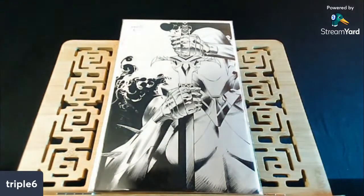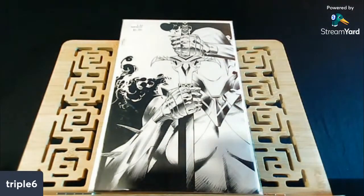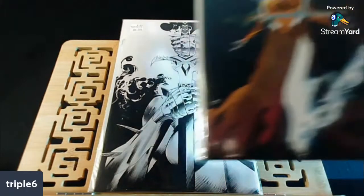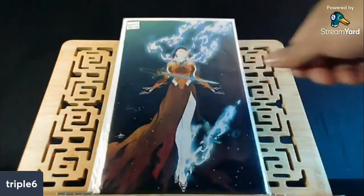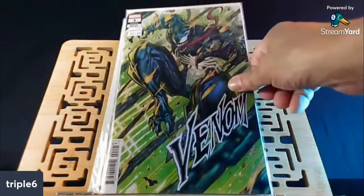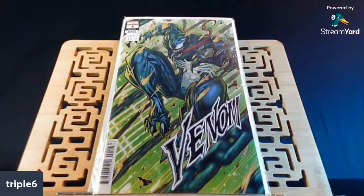This is that Once and Future. What issue number is this? Anyway, it's the 1 in 10, number 24. And this is dope black and white. And I also got the 1 in 25. Speaking of 1 in 25s, we got that Venom number 4. And I showed that